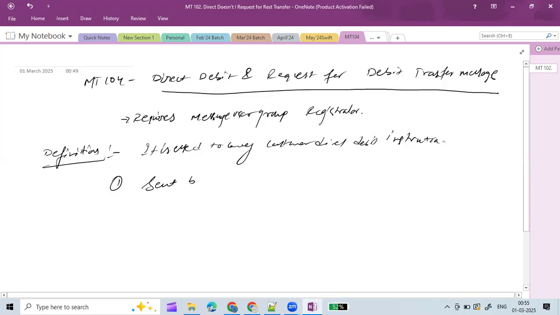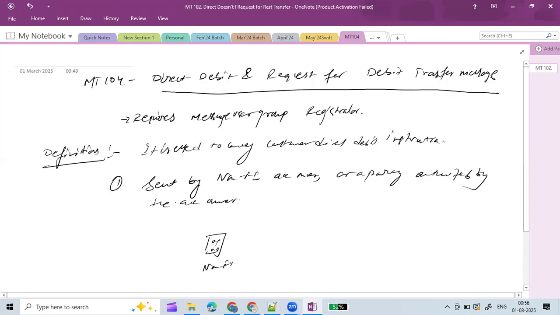So basically, it is sent by a non-financial institution account owner or a party authorized by the account owner. Now, when I say this, what does it mean? It can be an organization which is a non-banking, non-financial institution, or it would have granted the financial institution the authority to send on behalf of us. So this State Bank of India can be a party authorized by the account owner to a financial institution to request direct debit